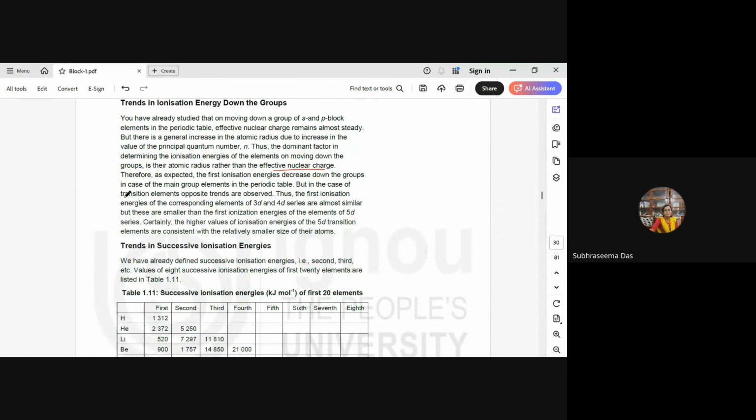But in the case of transition elements, the opposite trend is observed. The first ionization energies of the corresponding 3d and 4d series are almost similar, but these are smaller than the first ionization energy of the 5d elements. So the values of ionization energy are largely dependent on the